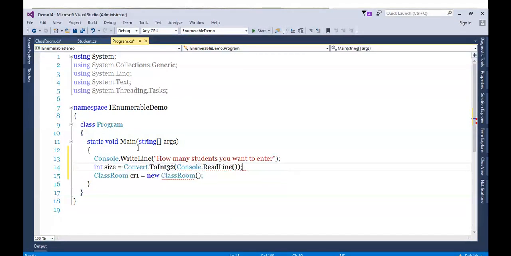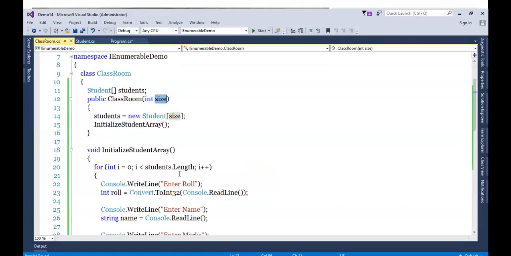We accepted the size. Let's pass this size to the constructor. The moment I create this object, the control will jump to the constructor. In this constructor, on the basis of size, first I initialize this array.